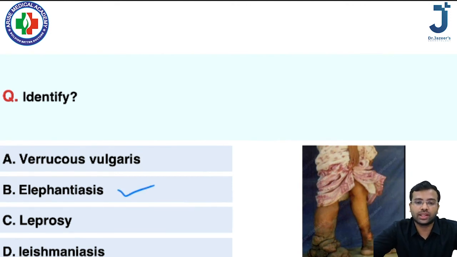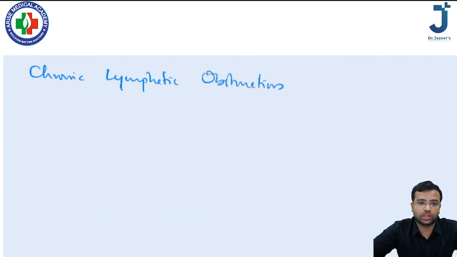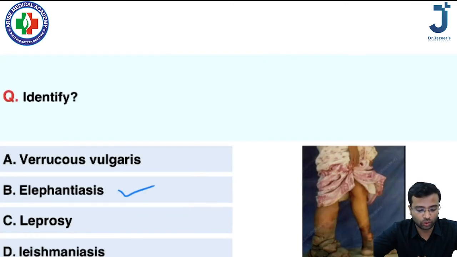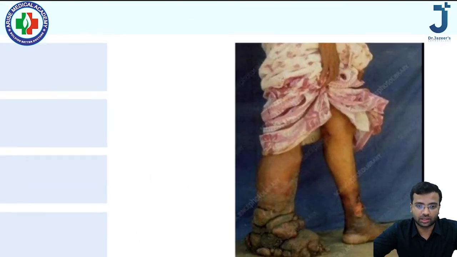So what happens in elephantiasis? If you remember, in elephantiasis there is going to be a chronic lymphatic obstruction. All of you know that this is a disease that is transmitted through mosquitoes, that is the Culex type of mosquitoes. Now what happens once the microfilaria enters our body, they convert into adult worms and then they finally destroy the lymphatics, isn't it? So due to the chronic lymphatic obstruction, the patient may come to you with such a unilateral non-pitting kind of pedal edema of the lower limbs.